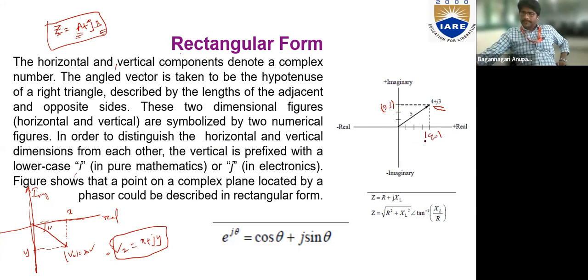So we can represent them. What does it indicate? That we will have coordinates here, just like this. From the origin 0,0, we have a vector which on the x-axis is 4 and on the y-axis is 3. So that is what we are doing in reverse here, that we can represent them in terms of real and imaginary parts like this.